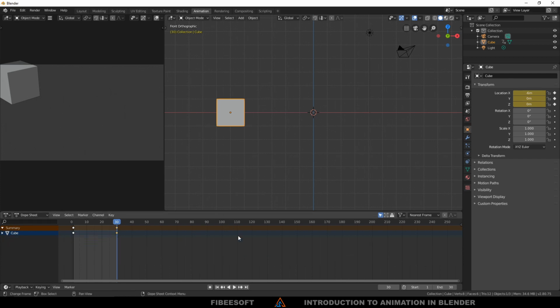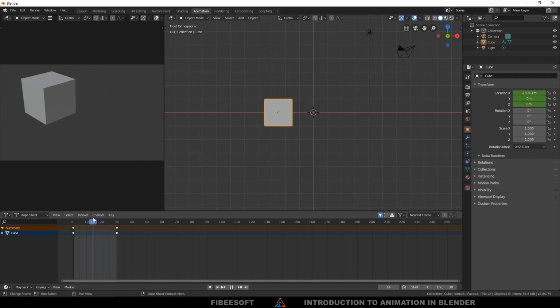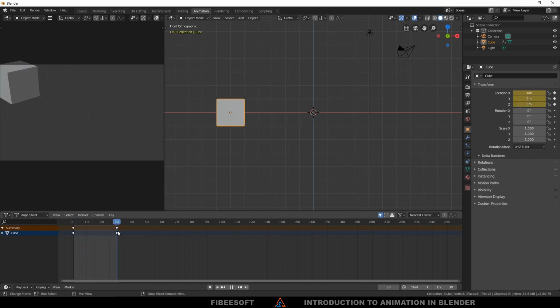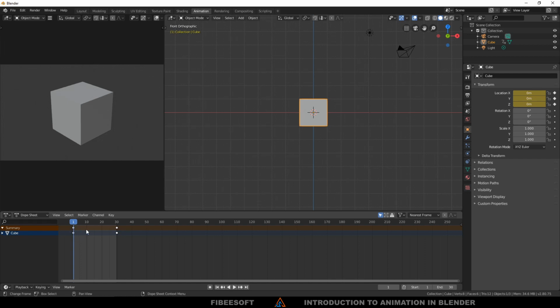At the moment you just found out how to move an object, how to move its position, and how to insert some keyframes, and how to change the duration of the animation